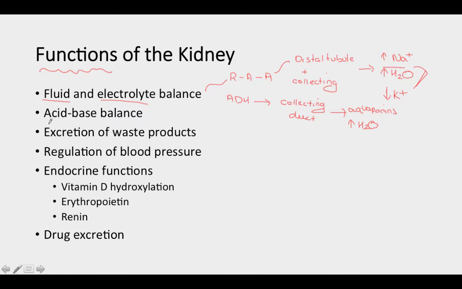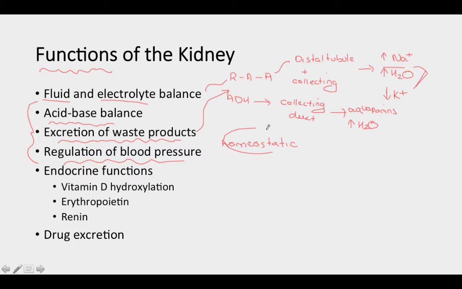The kidney is also very important at regulating the acid-base balance. It excretes a number of nitrogenous waste products, particularly urea. It's important in regulating blood pressure, largely through the renin-angiotensin axis. And don't forget, it has a number of endocrine functions as well, right? So I look at all these things as homeostatic functions,